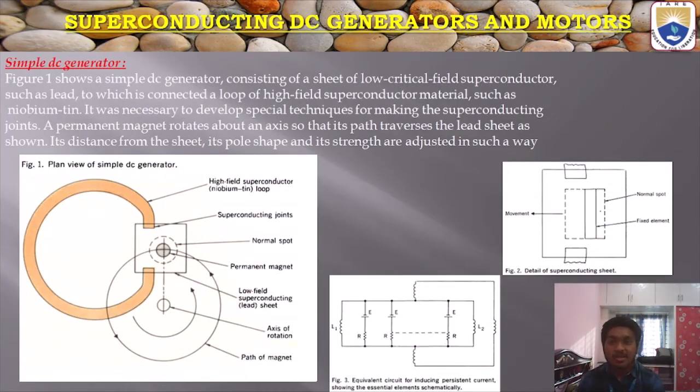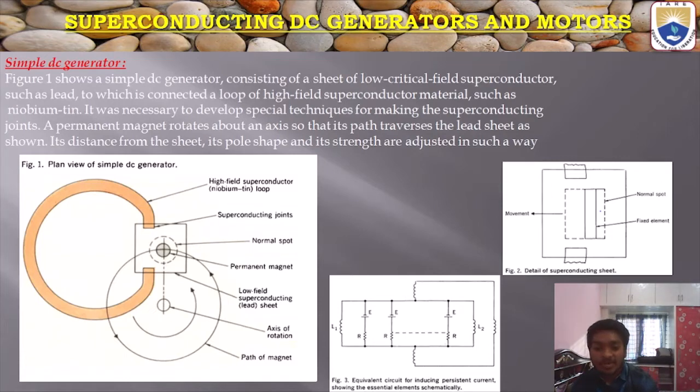Simple DC generator. Figure 1 shows a simple DC generator consisting of a sheet of low critical field superconductor such as lead, to which is connected a loop of high field superconductor material such as niobium tin. It was necessary to develop special techniques for making the superconducting joints. A permanent magnet rotates about an axis so that its path traverses the lead sheet as shown. Its distance from the sheet, its pole shape, and its strength are adjusted in such a way that